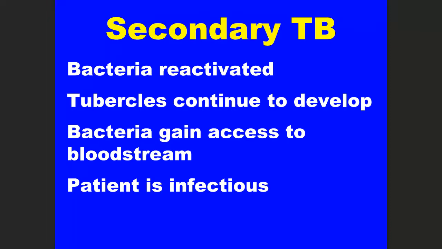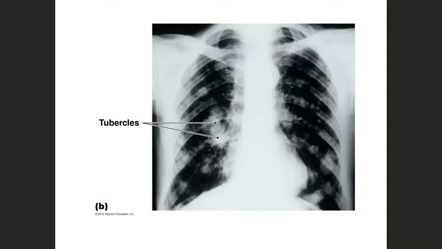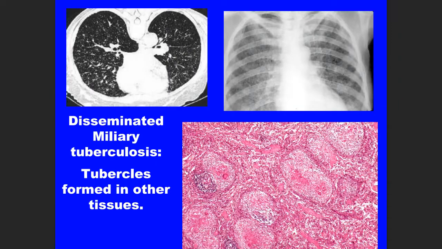All right. Now, the tubercles. If a person were to get an X-ray, normally lung tissue doesn't show up on an X-ray, but the tubercles do. You can see the examples here of tubercles, these little white spots there. With disseminated tuberculosis, this is where the bacteria spreads to other organs and basically damages those organs. What you actually see in this picture is a spleen from a person with disseminated tuberculosis. And you can actually see tubercles forming in the spleen.